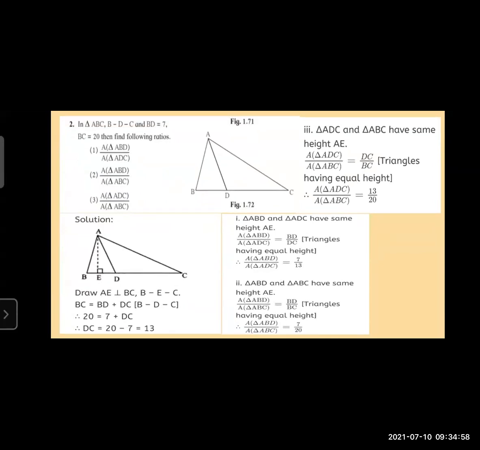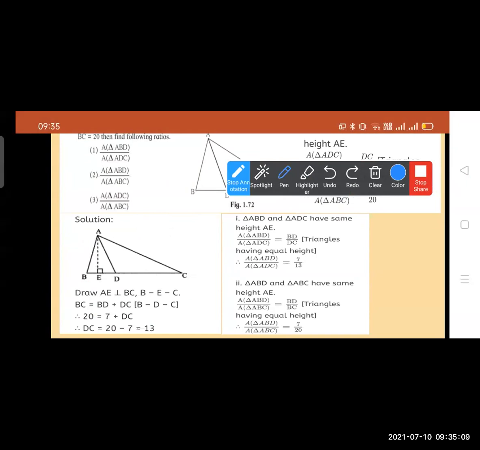So in this question, first we draw the altitude, that is AD is perpendicular to BC. Why do we draw this? BC is given, BC is 20, and we draw the altitude for finding the ratio of the areas. If the altitude is drawn, that means this is the height. Altitude is height. Here they ask to find the ratio of the areas of the triangles. So one by one, first we find the ratio of the area of the triangles.